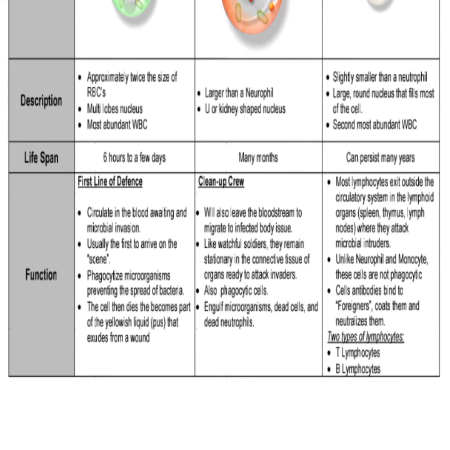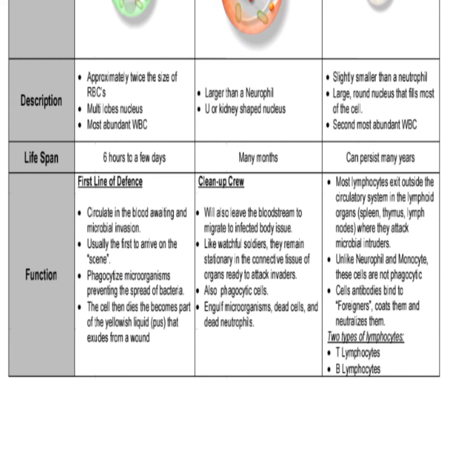Monocytes are the cleanup crew. They will also leave the bloodstream to migrate to infected body tissue. Like watchful soldiers, they remain stationary in the connective tissue of organs ready to attack invaders. They are also phagocytic cells, engulfing microorganisms, dead cells, and dead neutrophils. Most lymphocytes exit outside the circulatory system in the lymphoid organs, spleen, thymus, lymph nodes where they attack